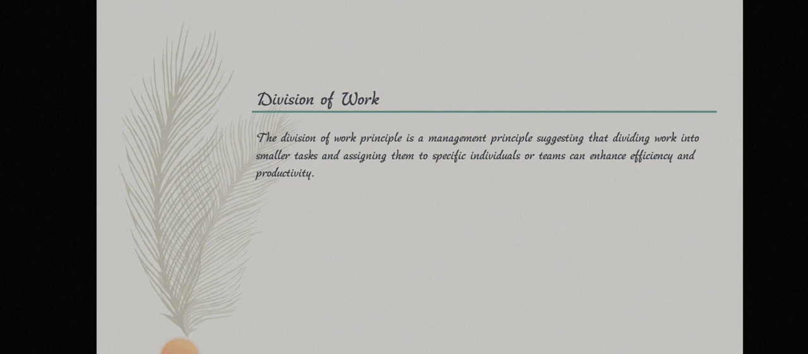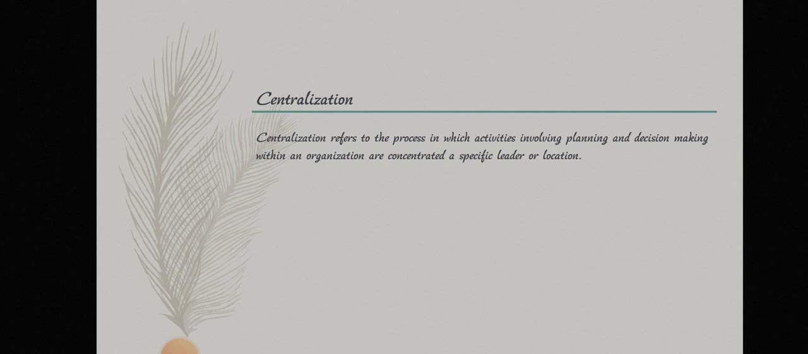And then division of work. The division of work is a management principle suggesting that dividing work into smaller tasks and assigning them to specific individuals or teams can enhance efficiency and productivity. And then centralization means the process in which activities involving planning and decision making within an organization are concentrated in a specific